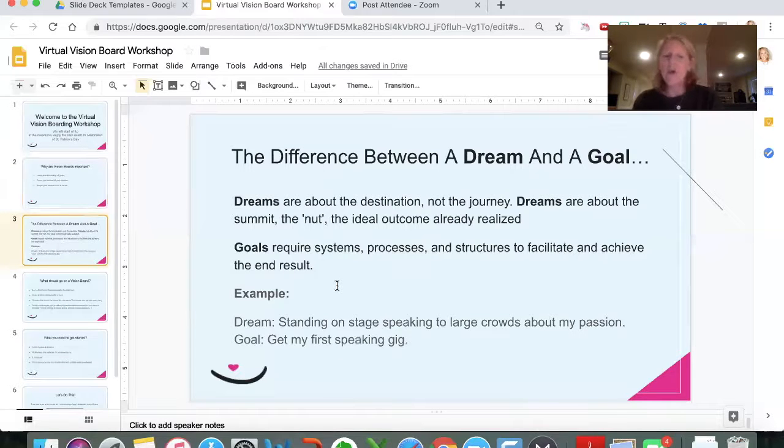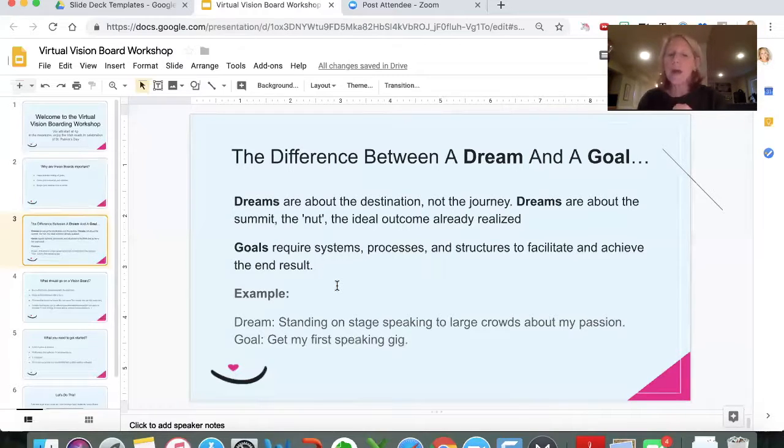All right. So what is the difference between a dream and a goal? And I thought this was a great description. So I wanted to capture it here because I think a vision board is great for dreams, but I think goals should be on a vision board too. But dreams are more about where you'll end up, the outcome. So, it's not the journey, it's the destination. And goals are achieved on the way to a destination, right? So goals are more of action items towards where you want to go.